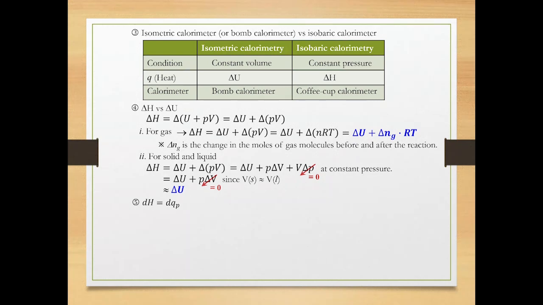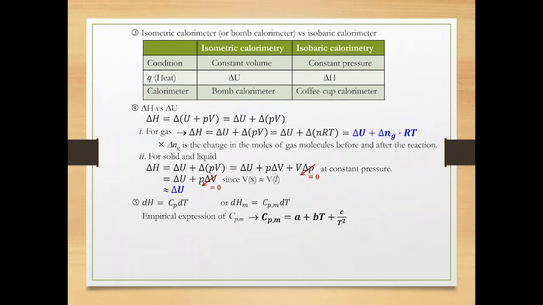This statement is expressed mathematically. dH is equal to dQ sub P, which is equal to C sub P times dT. You may divide both sides of the equation by moles. Then it becomes dH sub m equals C sub Pm times dT. C sub P represents the heat capacity at constant pressure, and C sub Pm represents the molar heat capacity at constant pressure. Experimental heat capacity is actually temperature dependent.